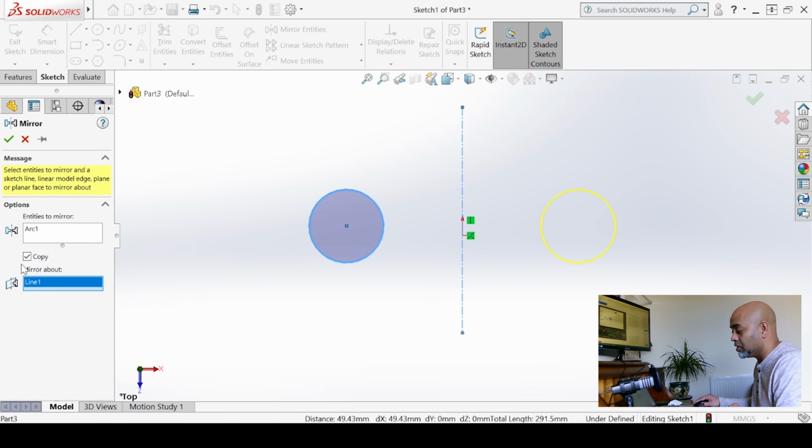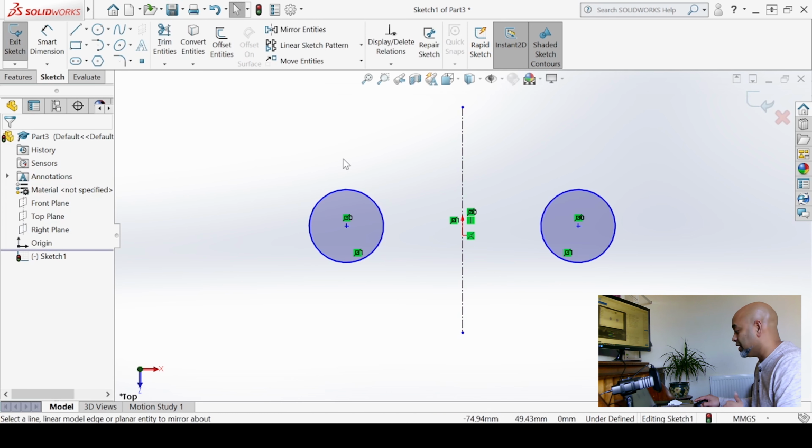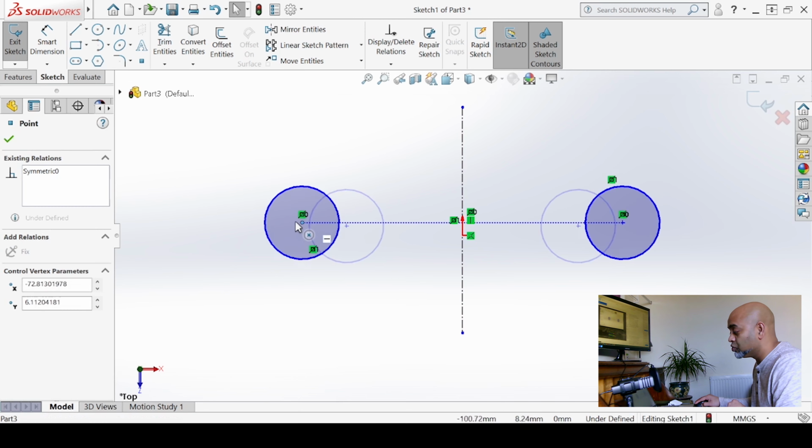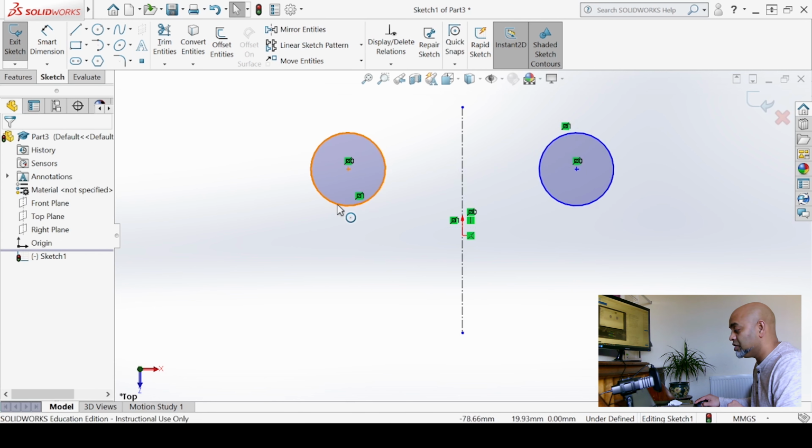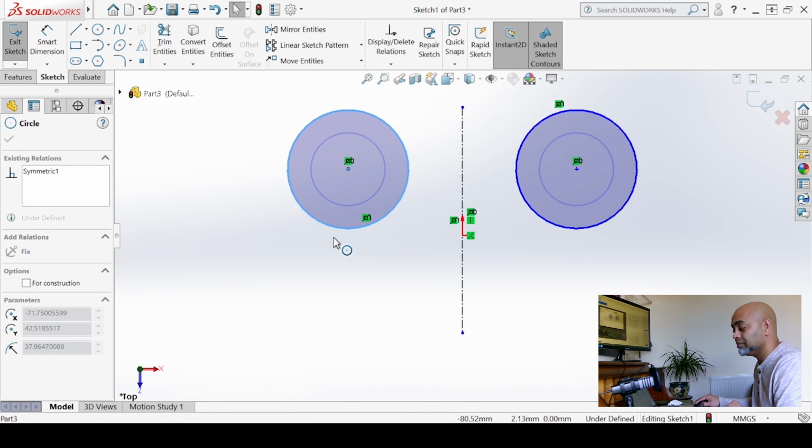There we go. You've got to make sure your copy option is switched on if you would like that to be replicated on the other side, and you would like to see the seed profile as it is as well. I can green tick to confirm, and that gives me a mirror relationship between these two circles. There could be lots of situations where you may need identical looking geometries either side of a line, a parting plane, etc. I think this is handy. This saves you a lot of time because it will keep them connected, and if I were to try and change the size, that happens,